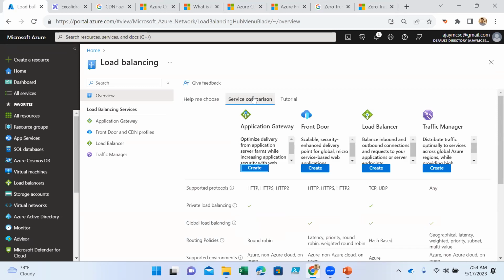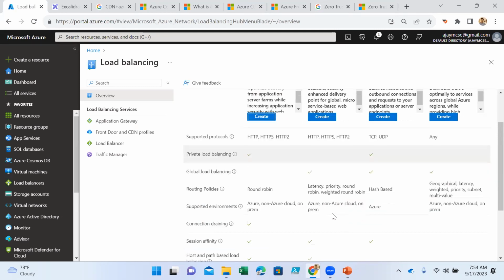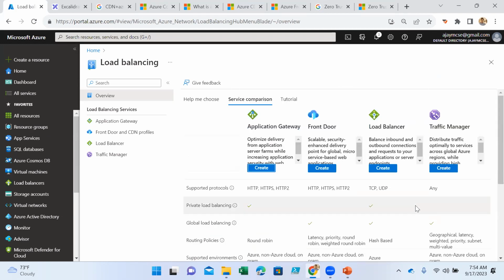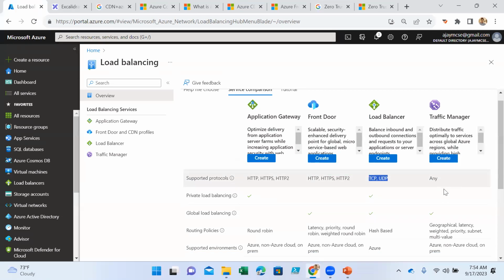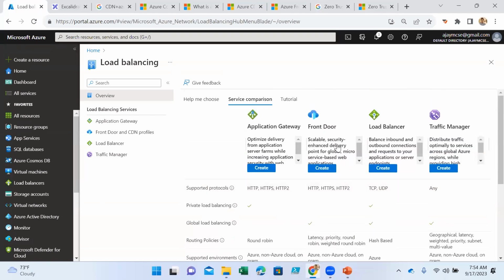First of all, let's go through the service comparison. What all the service comparison we understood, or what all we have covered so far. The supported protocol for application gateway is all this. Front Door is this. Load balancer is this. And Traffic Manager is anything. Global load balancing: only Traffic Manager, you can see. Here we have load balancer, and Front Door. Application Gateway is a